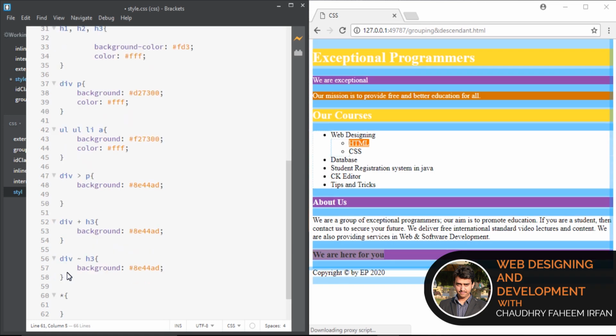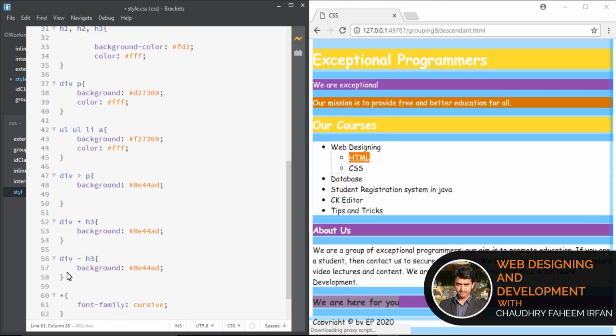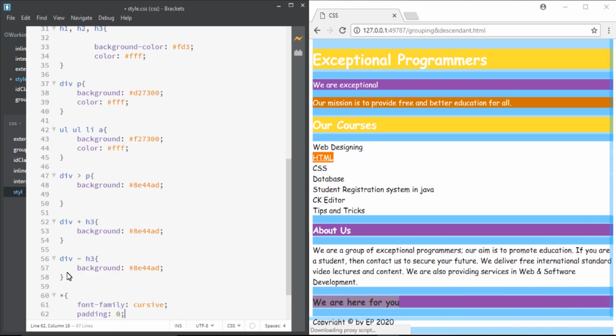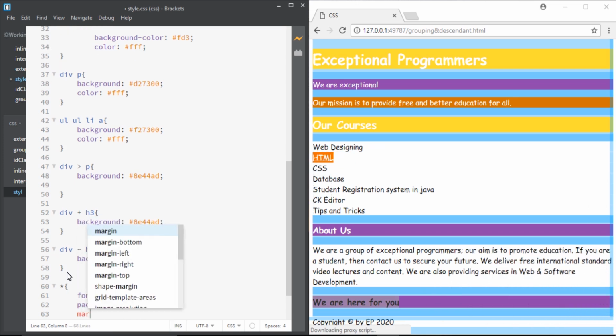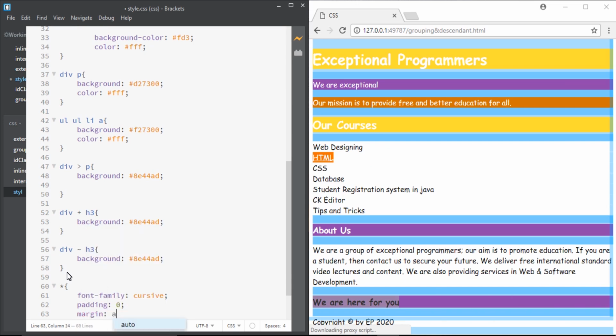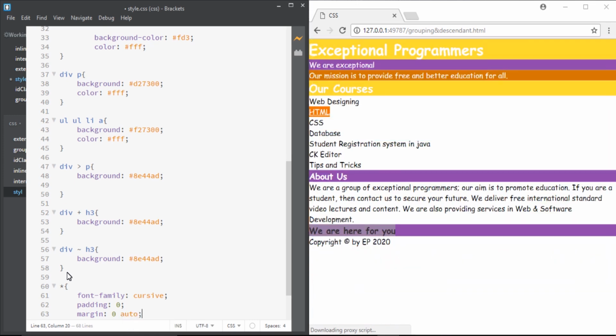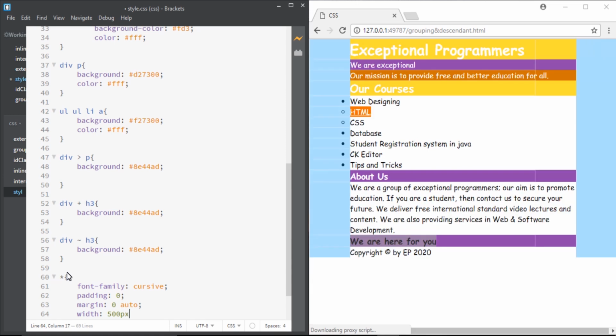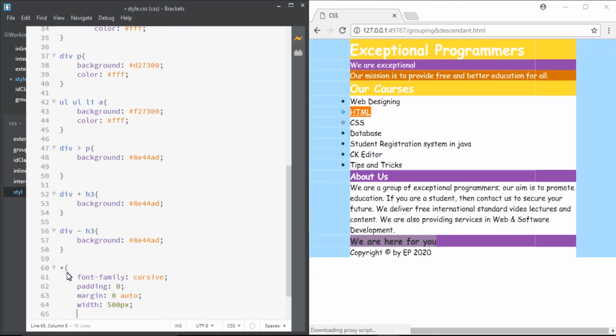Star and then font family cursive, padding, margin auto and width 500 pixel,